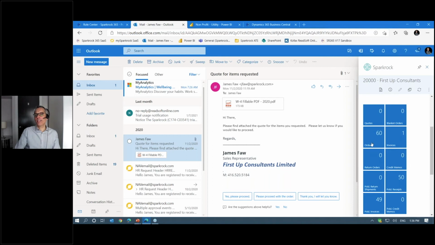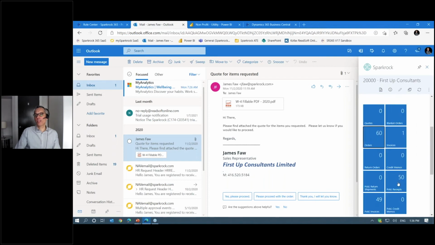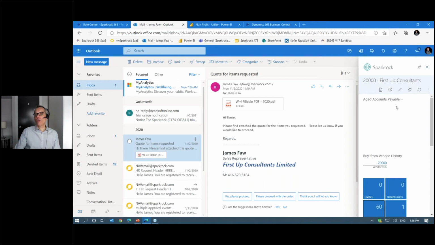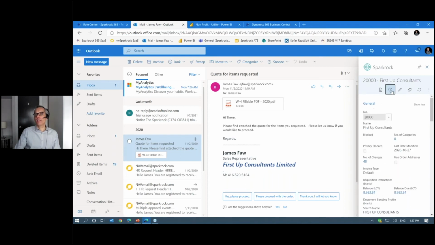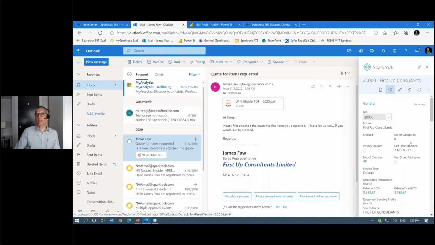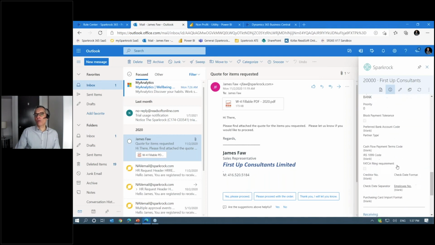So in this case, I can see there are 60 other orders, and I can actually drill down on those orders to see what those purchase orders are from this particular vendor, or 50 different receipts, or I can see a new quote or a new list here, or see some additional information, the balance for this particular vendor, drill down to see that balance, or I can create a new note or something like that.